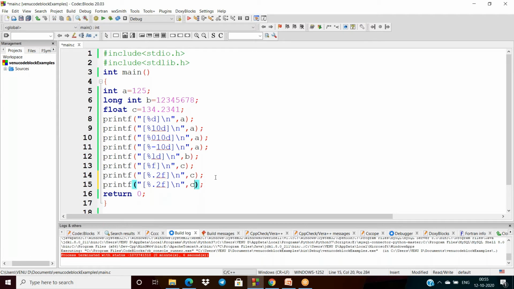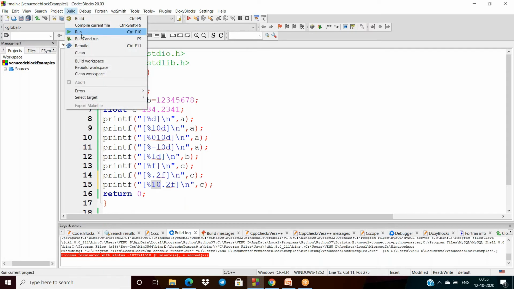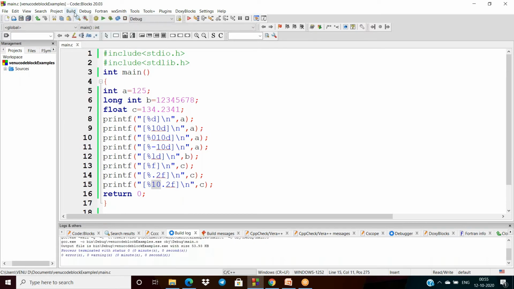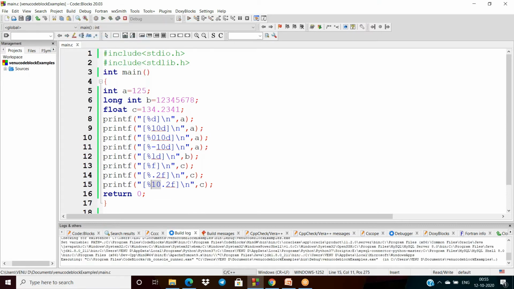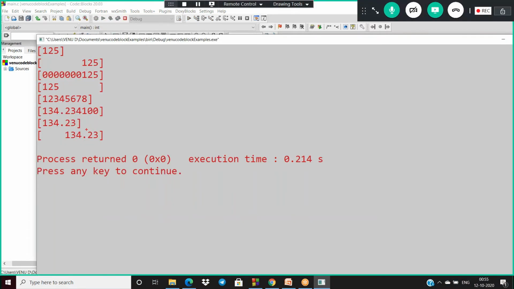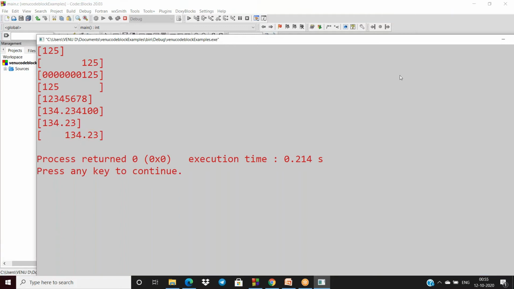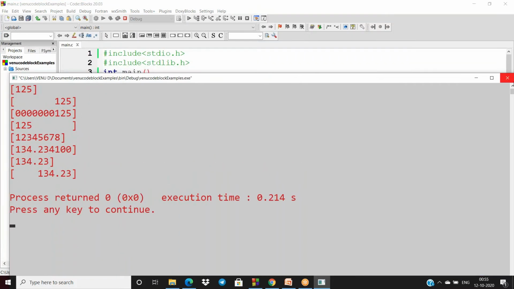So it is also the same thing here, allocation from right to left. So 10 means its width is 10 spaces, and within the 10 spaces the value's dot also occupies one space. Dot can also occupy one space. See, so now extra 5 spaces are there here. And it is 6 and 4, totally 10 spaces. Okay,